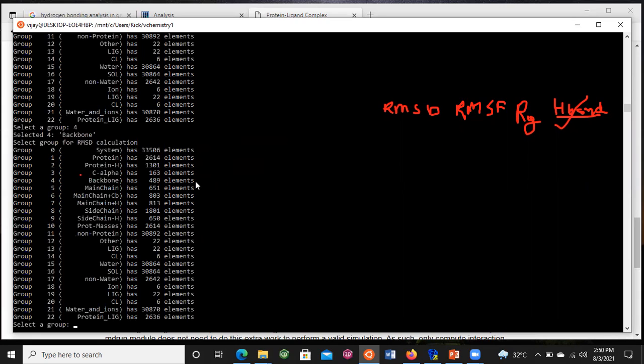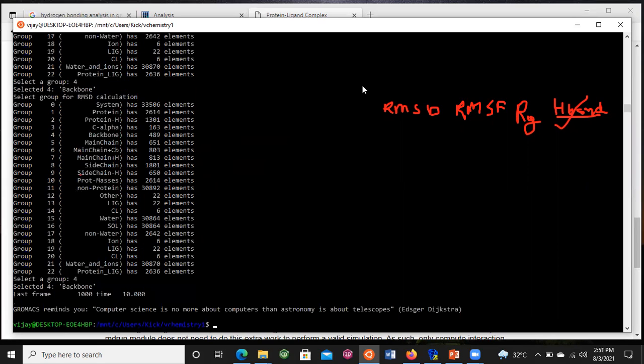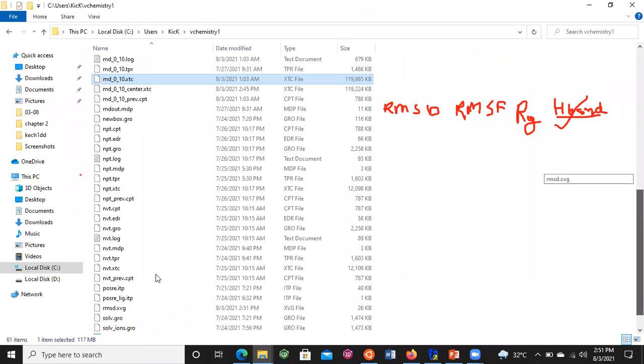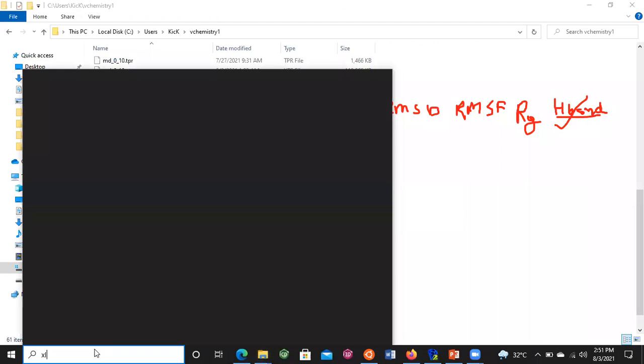In that case, we also choose group 4 and press enter. Now, the RMSD.xvg file is generated. So this is the RMSD parameter.